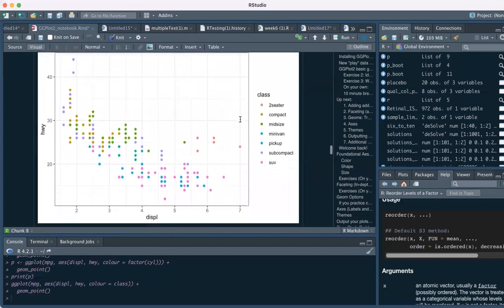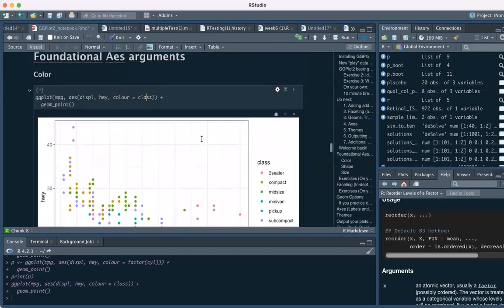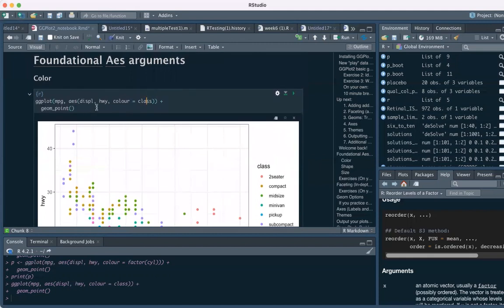And so it's exactly what we would expect. It's the same scatter plot we saw before, but now the points are colored based off of the class of car: two-seater, compact, midsize, and so forth. This is a good thing to know, that you can break the two different variables and how they relate to each other